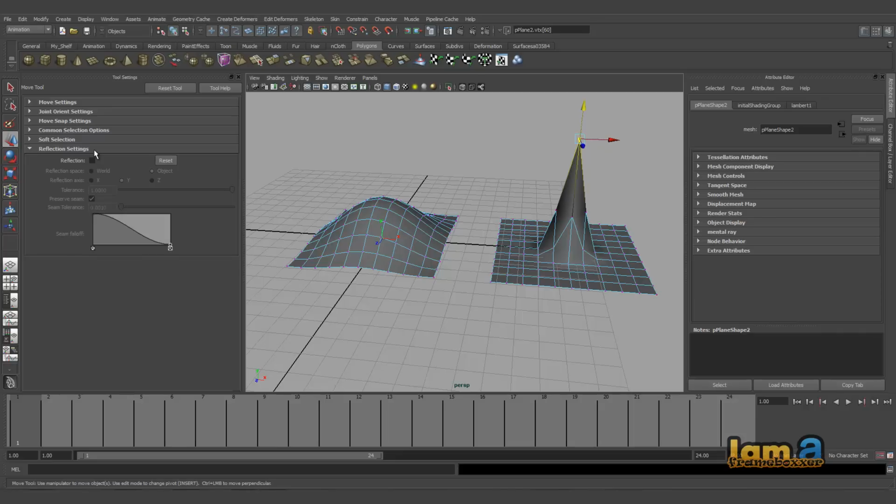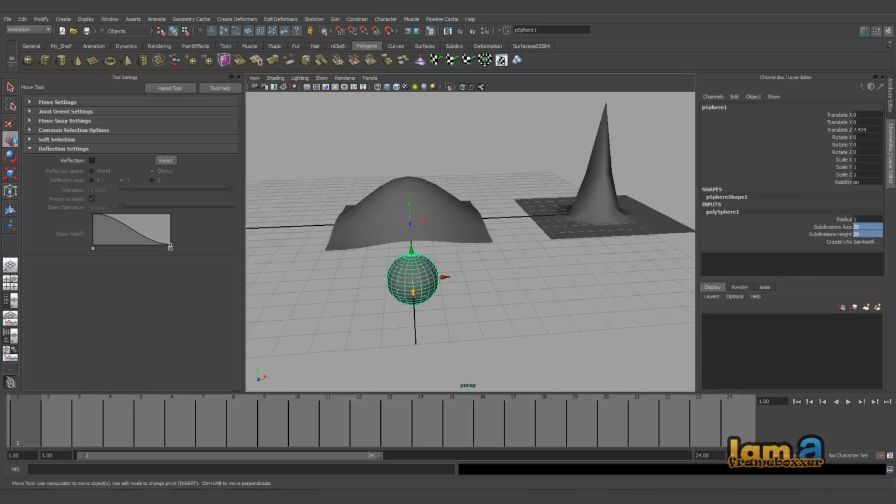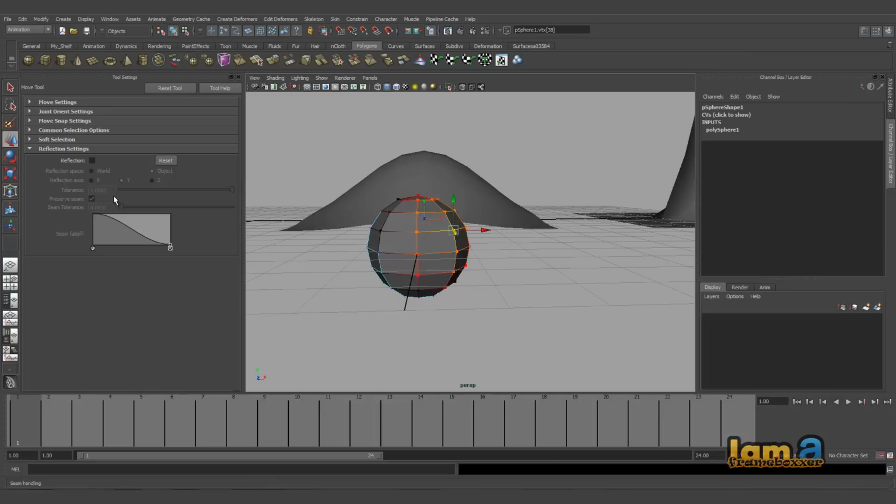Now reflection settings are again a very useful option. So let's choose a sphere, okay, and let's make this 8. Choose a vertex here, maybe press B on the keyboard to put this off. The moment reflection is on, you can see this getting reflected along Y. Let's reset this, so you have it along the x-axis now, and it goes in like that. So beyond the symmetry, you also have the same vertex getting translated.